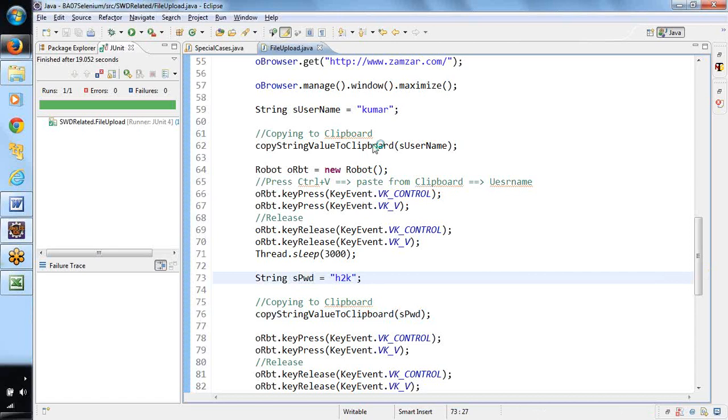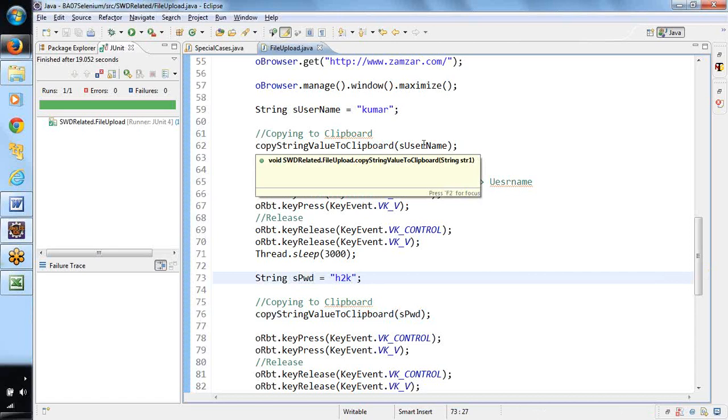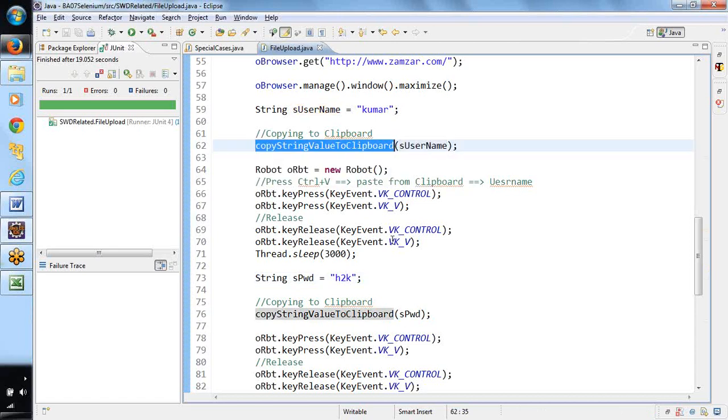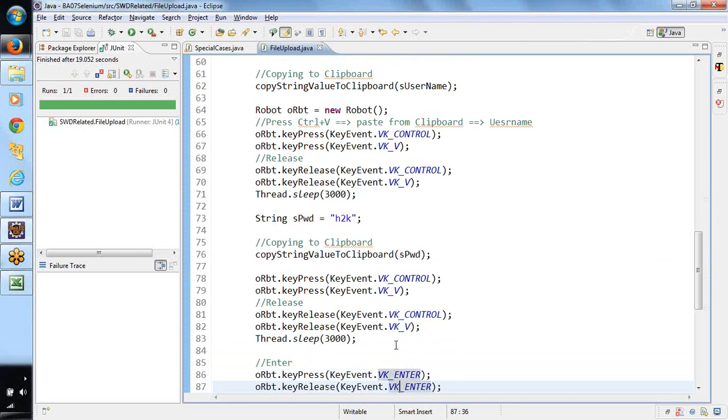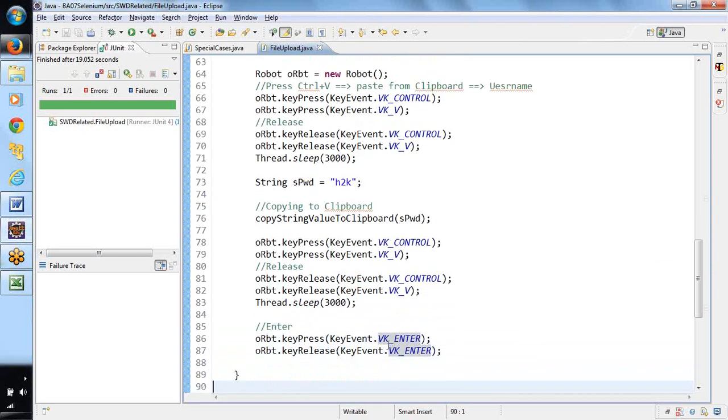Here we are saving the username into the clipboard, and then doing a Control V operation, and then saving the password value to the clipboard, and again doing a Control V operation, and finally we are going to perform the enter key.